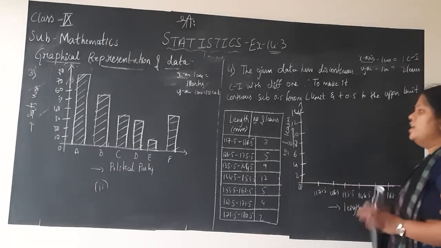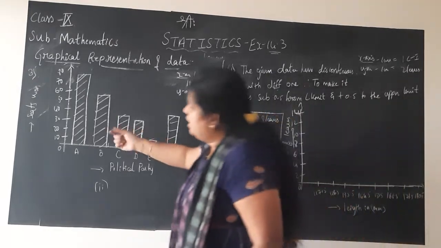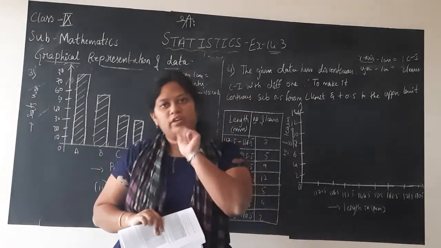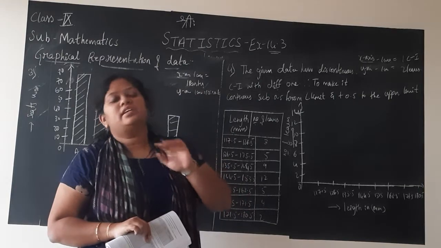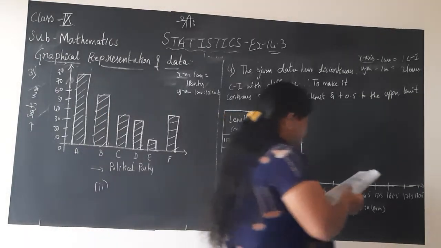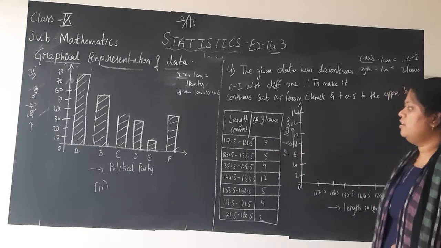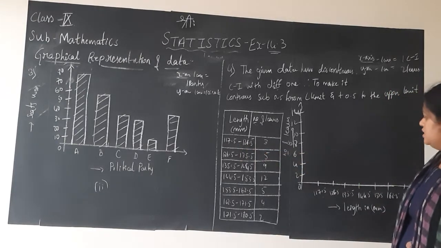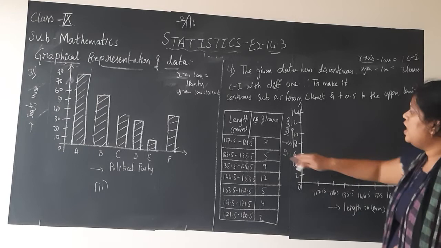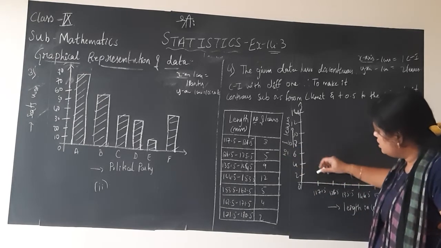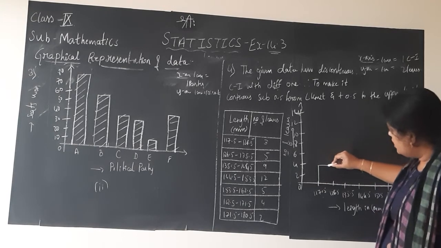Now you need to plot. Children, just as you drew bars of 1 centimeter width before, here too you draw bars of 1 centimeter, but it should be continuous with no gap in between. So if we plot the first class interval, 117.5 to 126.5, from here to here, how many leaves? 3. So after 2, you will count 5 lines, that is 3.